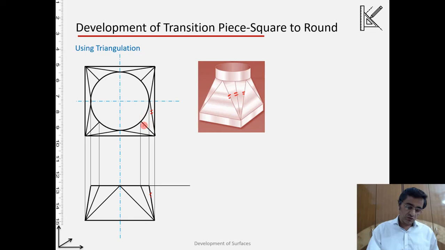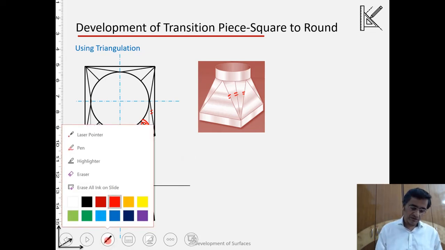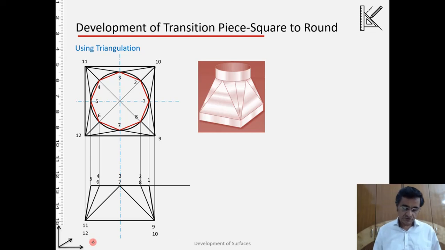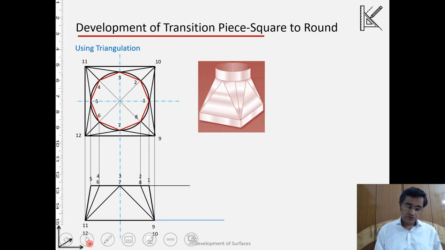Similarly, I would like to know the true length of this. Again, it is not there in the horizontal or the frontal projection. But we know the method. So using that method, we will be generating the true length. Just we give some names so that we'll be referring to these, and then we will go for the true length. So for the true length, let us start with, say, the line 9,1.